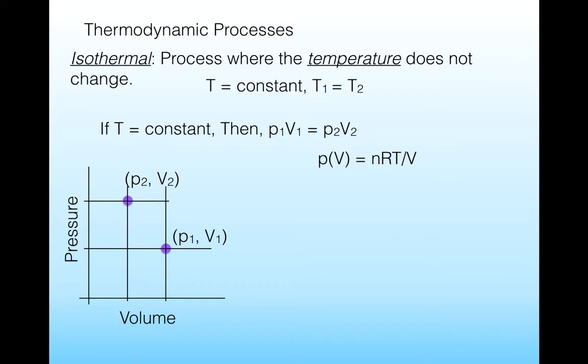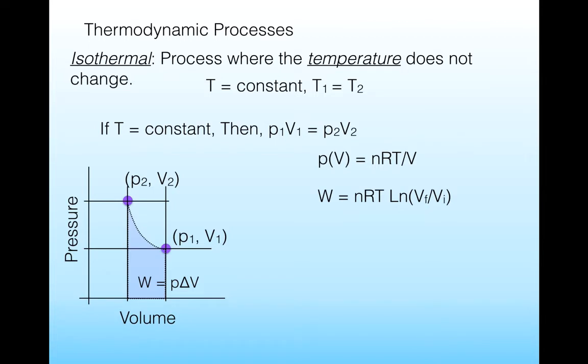Putting this together, we can actually find an equation for the pressure as a function of volume, which is equal to nRT, which is just a constant here, divided by the volume, as we said earlier. That can be represented by this line here connecting points 1 and 2. The work done by this system is just equal to the shaded area underneath that, and using some calculus we can find that the work is equal to nRT, the same constant, times the natural log of the final volume